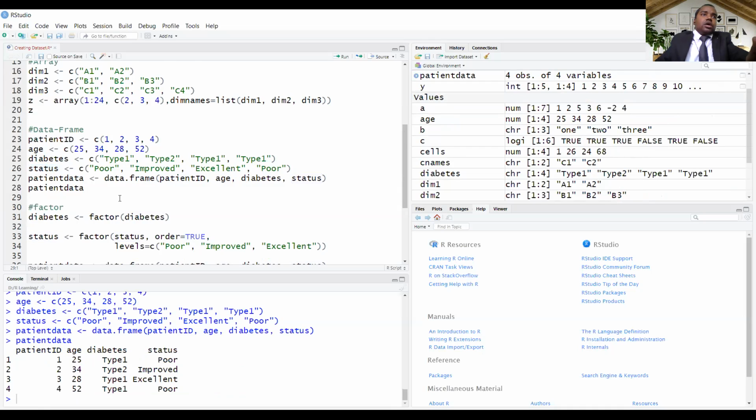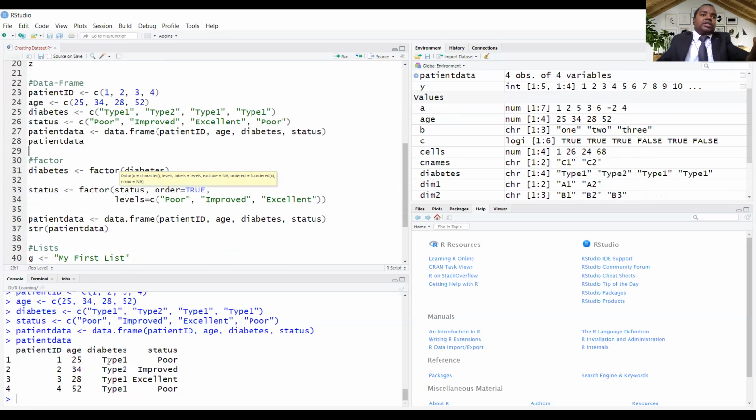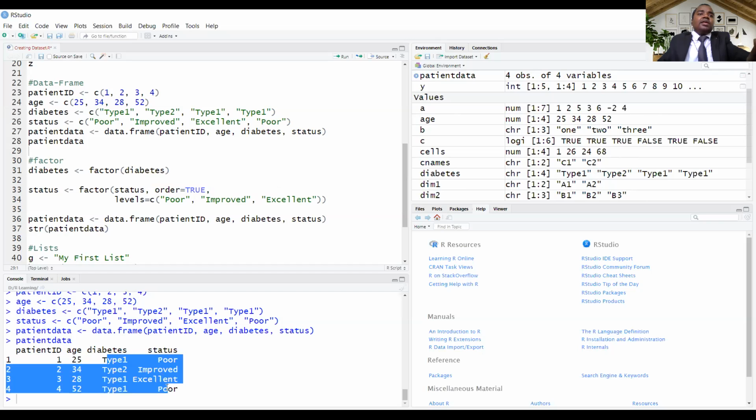Okay. But here we can observe that this diabetes is type 1, type 2, and status is poor, improved, excellent. These data are your categorical variables. We have not converted them into factors.